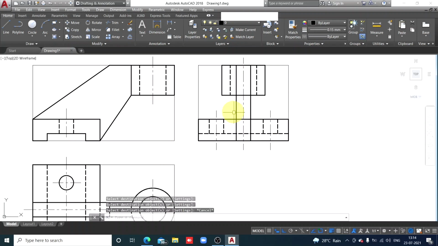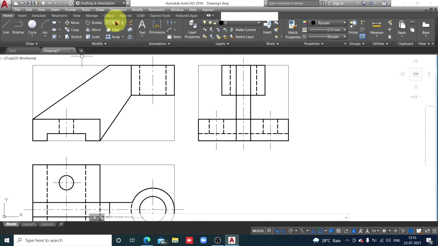But there is a mistake. Two visible edges don't intersect. So what is the mistake? Try to understand. This rectangle is the side view of the cylinder, and this rectangular strip is the side view of the plate. So side views of these two parts are overlapped here. That suggests we check whether there are hidden details. Now from the left side, this plate is closer to the observer. So this plate is visible and this cylinder is hidden. So the overlap portion of the cylinder, that is this portion, is hidden.